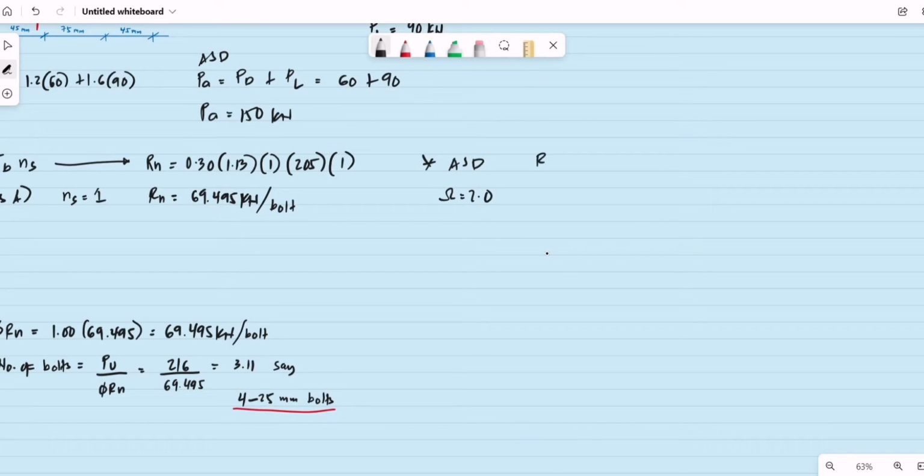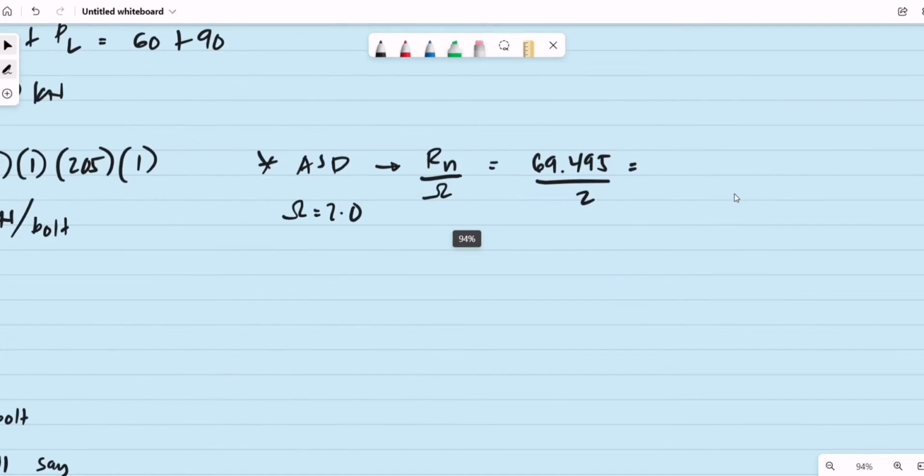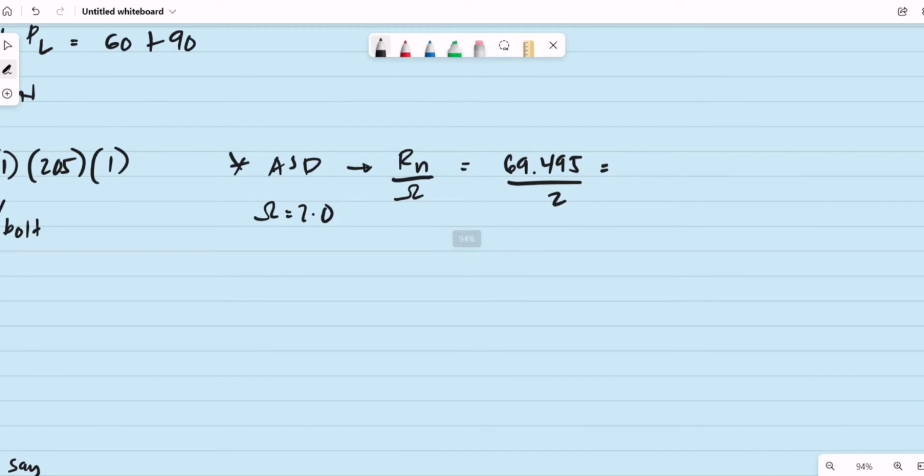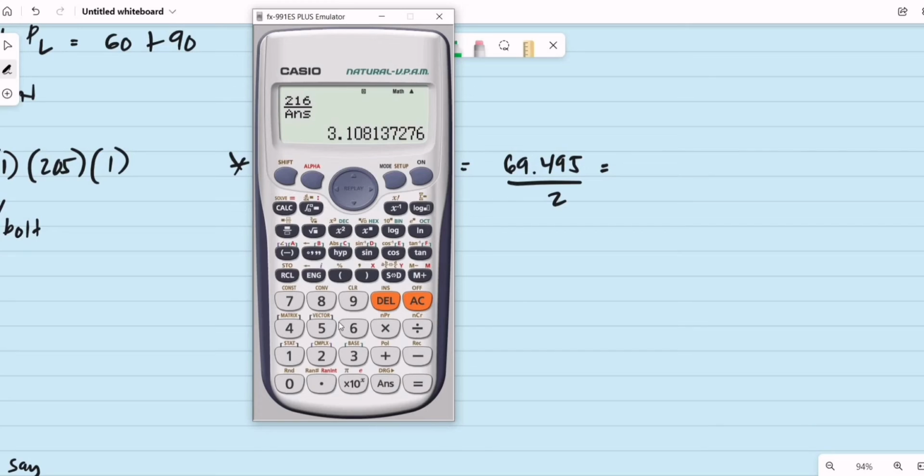So we have the allowable resistance R sub n divided by omega equal to 69.495 to be divided by 2. So this will be the allowable resistance of 1 bolt. We have 69.495 to be divided by 2, and that is equal to,